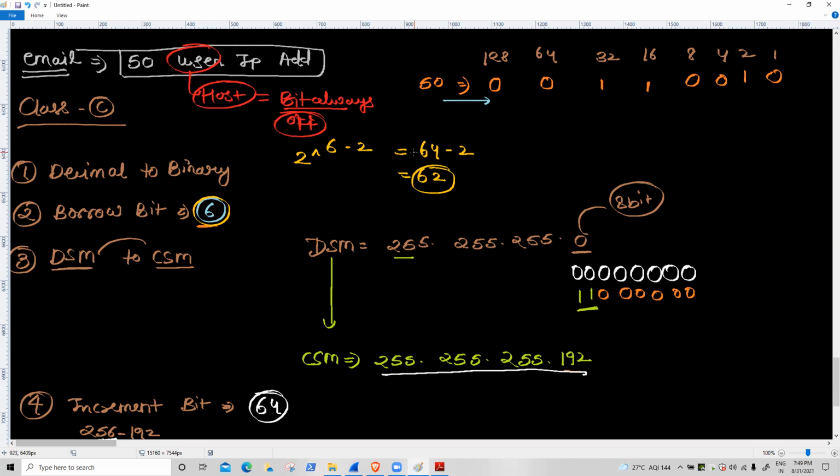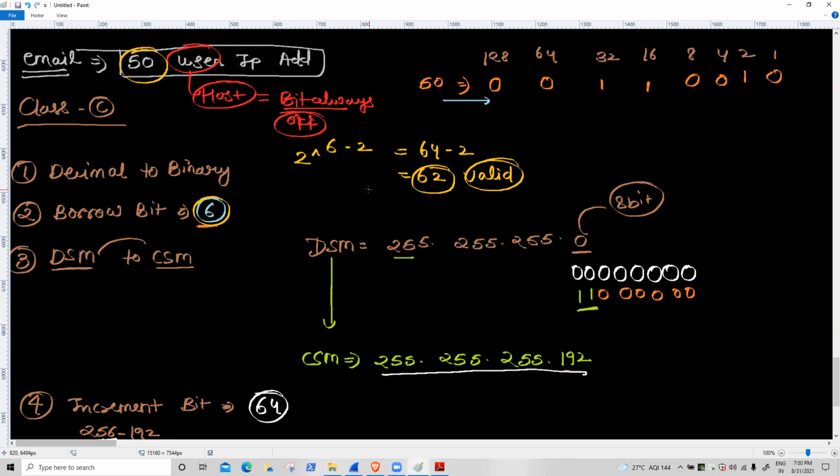Ibrahim, Rajendra ji, Aaron, how many valid IPs? 62. And how many are needed? 50. How many IPs are wasted? Only 10 IP addresses. But before subnetting, we were wasting 240, 250, 210 IP addresses. Yes or no? That is the reason that in most cases we do subnetting.